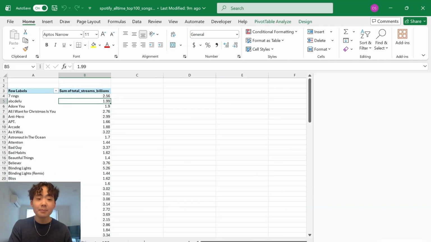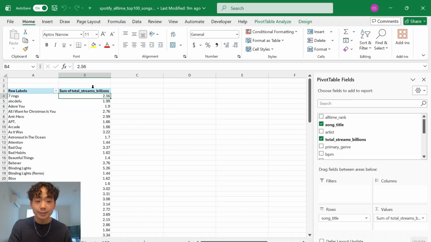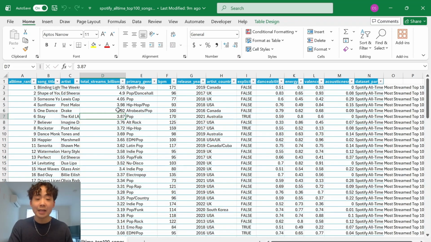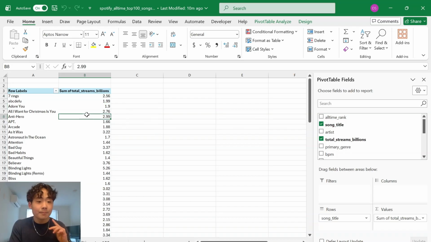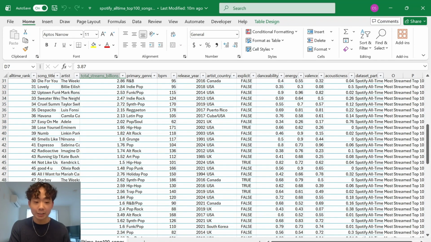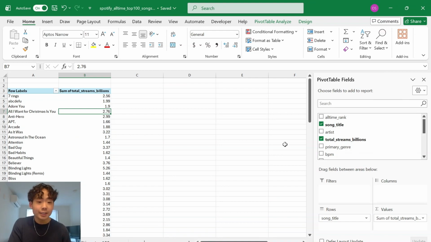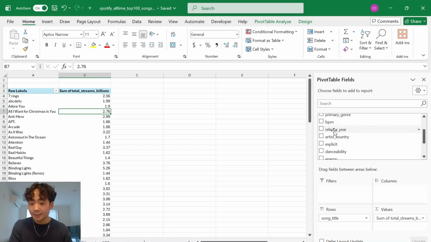because our original table only has one song per row. So that means that this sum of the total streams in billions is literally the same as the value that we're seeing over here. So the message that this pivot table contains isn't really necessary because we can just look at the original table for that. So to make things look more interesting, I'm going to drag in another field called release year,